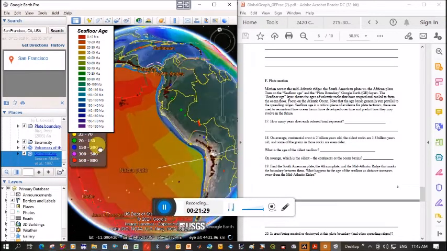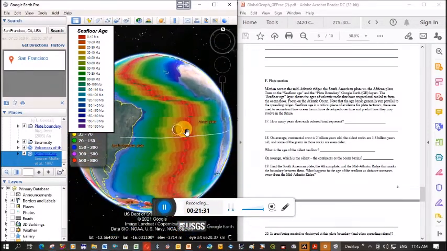The Earth's magnetic field is flipped, and that's recorded in these rocks, which you'll learn more about. And so let's go here to this ridge between Africa on the right and South America on the west. This is where the ocean's splitting apart, and you can see these red lines. This red means that the ocean is 0 to 10 million years old, so it's very young. And as you move away, obviously you're getting to older and older oceanic crust, and as you hit South America here, you've got the oldest ocean crust,